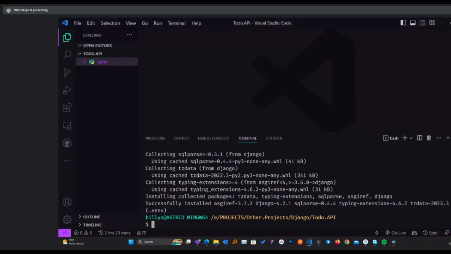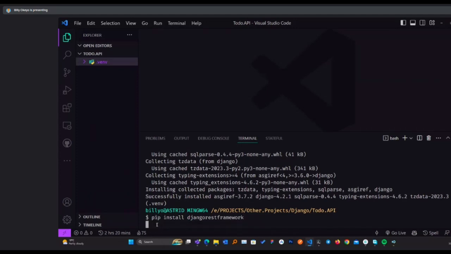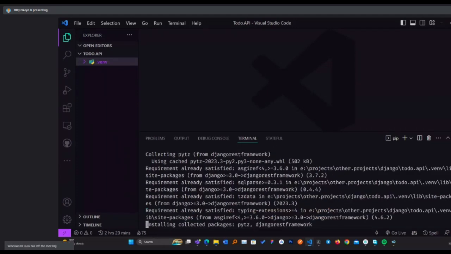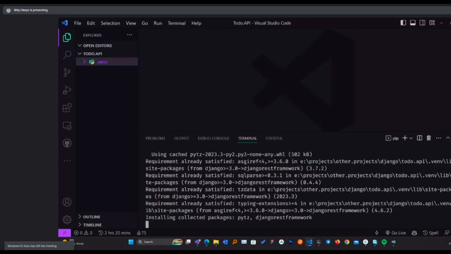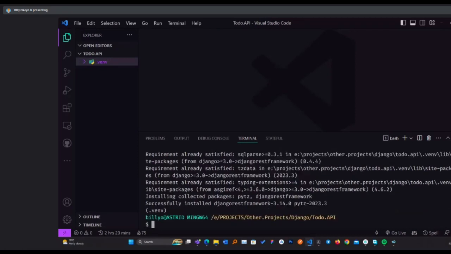Okay, so it's done installing. After that, what I'll install next is Django REST framework. So pip install djangorestframework. Okay, so once I have that, now I have everything that I need to start building my API.